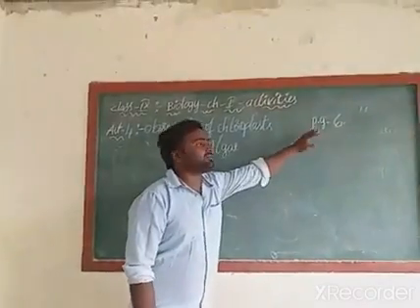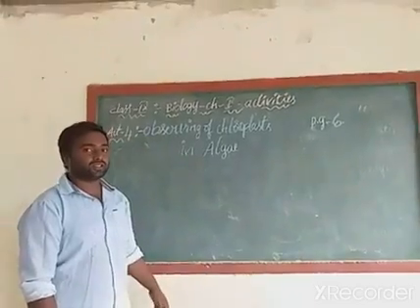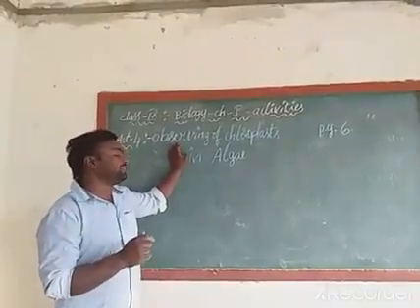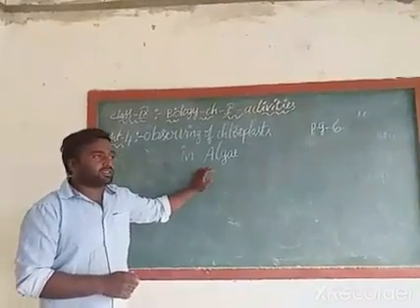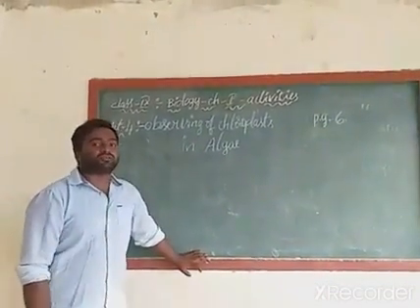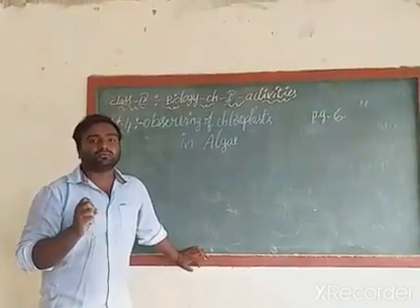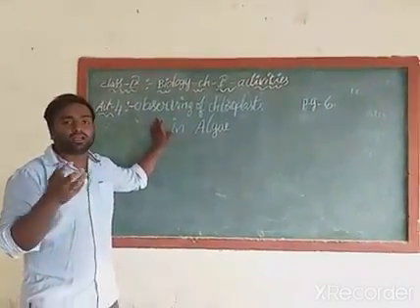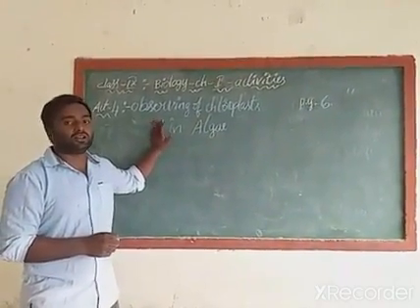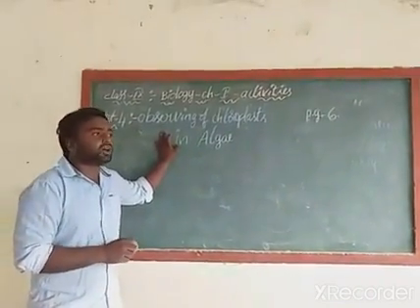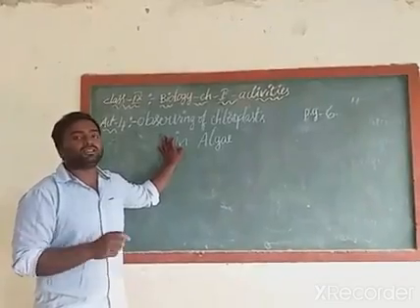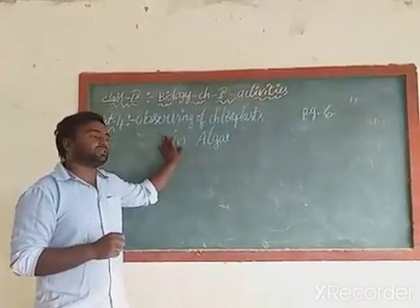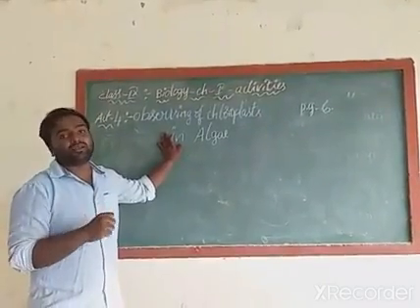It is on page number 6. In our previous activity, we observed chloroplasts in Rheo. In the same manner, we need to observe the chloroplasts in algae. For this activity, we need to collect few strands, which means a bunch of algae from the nearest pond. Next, you need to keep that algae under the microscope. If you observe the algae under the microscope, there is a chance to see chloroplasts in a spiral manner or in a ladder manner. Spiral shaped chloroplasts or chloroplasts arranged in a ladder manner we can see.